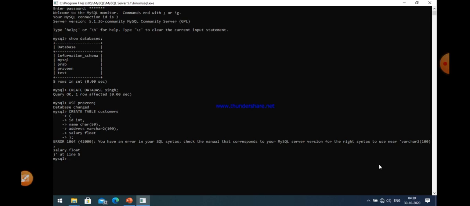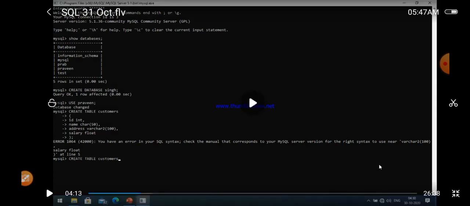And also the line number is shown, that on line number 5 there is an error in varchar. You can read the statement, which describes what type of error is there. Now the second important thing is